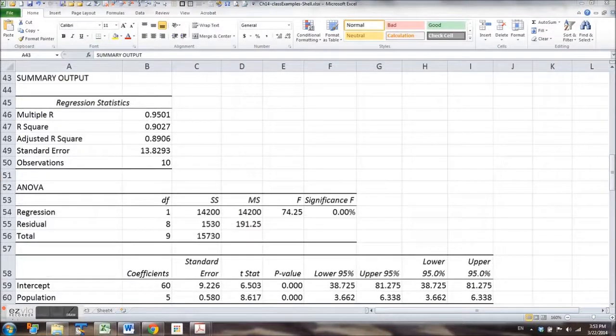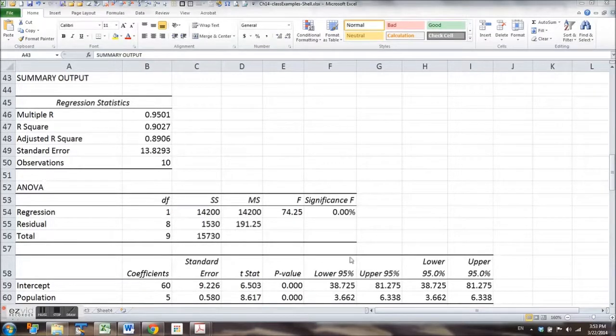In this video, we're going to compute the coefficient of determination and the correlation coefficient. We're continuing with the pizza parlor example. In the previous video on Excel, we generated this summary output for regression analysis, and we looked at the coefficients here, b sub 0 and b sub 1. So now let's look at